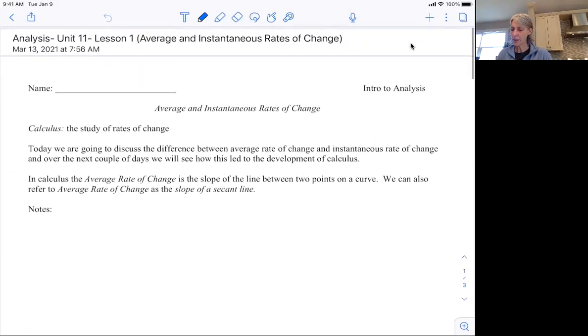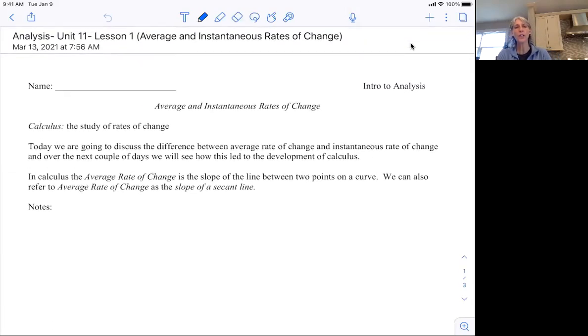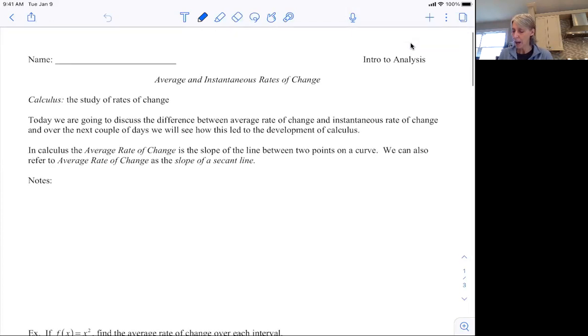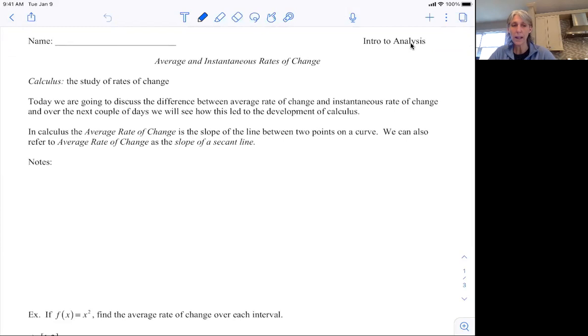Hi guys, today we're on Unit 11, Lesson 1, and we're going to be talking about average and instantaneous rates of change. Basically, calculus is the study of rates of change, and today we'll discuss the differences between the average rate of change and the instantaneous rate of change. Over the next couple of days, we're going to see how this led to the